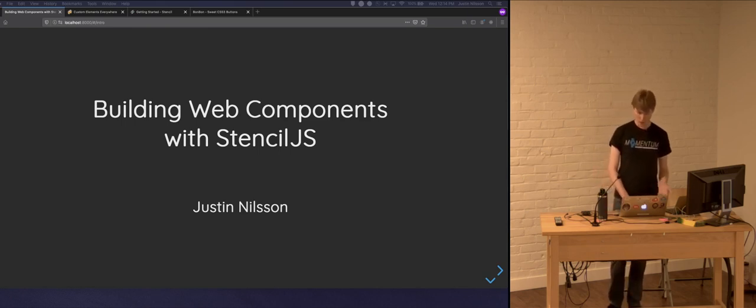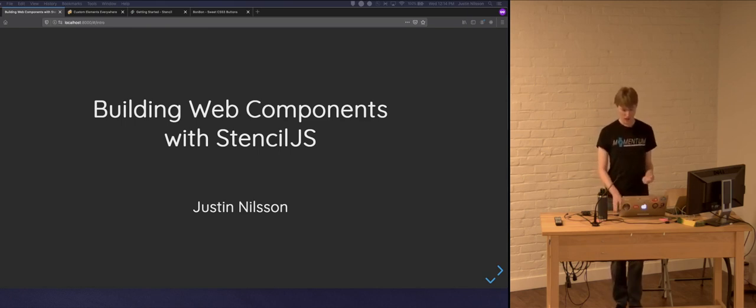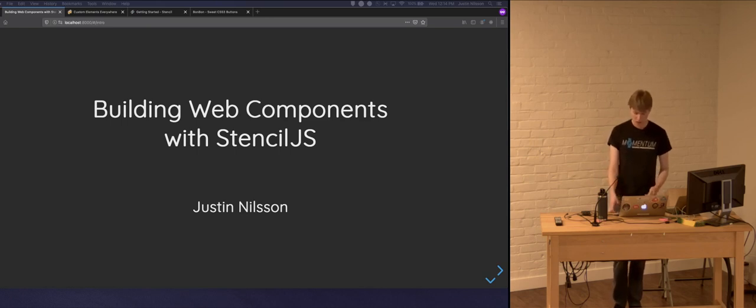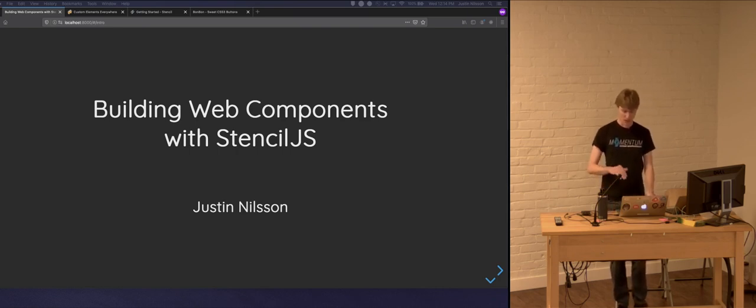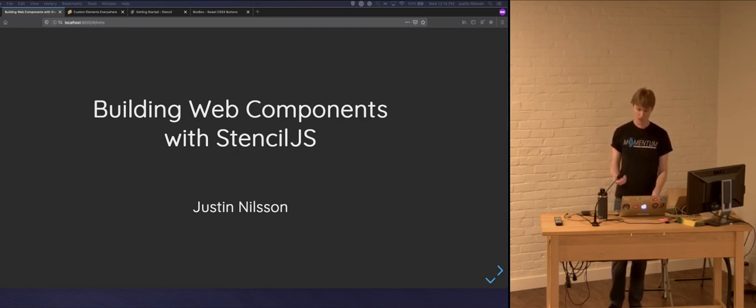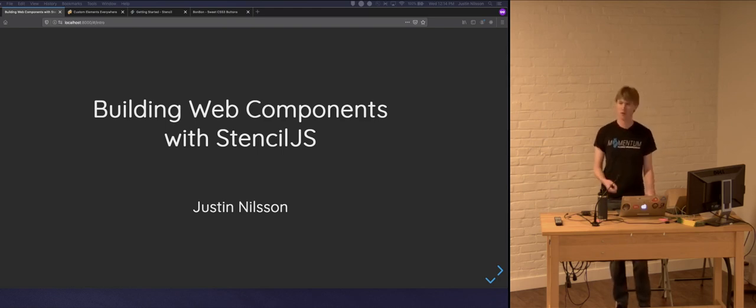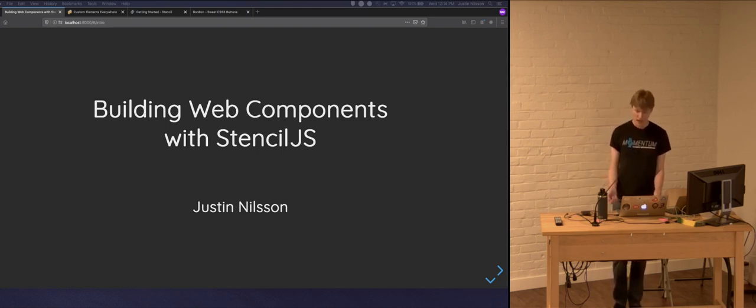For a quick high-level overview, StencilJS is a compiler for web components that was built by Ionic, who is famous for their Ionic framework. Now, StencilJS's goals are basically to make it easy to build web components by taking a lot of inspiration from some of the modern frameworks that we use today, and to fix some of the problems that actually plague vanilla